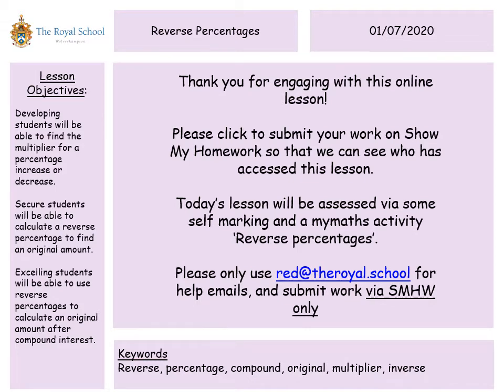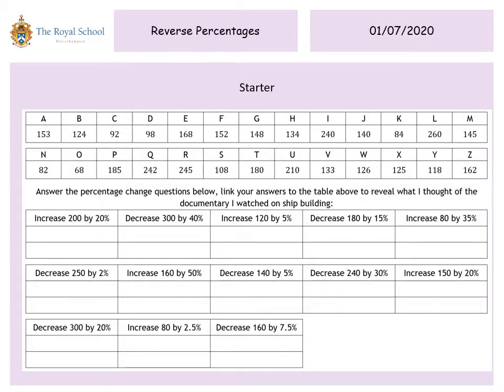So onto our starter activity. I've got a code breaker here for you, where if you can answer the questions in the boxes below them, then you can find on the little code breaker at the top a letter that's associated with that answer, and you will find the result to the horrible joke of what I thought about the documentary I watched on shipbuilding, and I do apologise in advance for the appalling jokes here. You can, if you've got room, just do this from the video, though I have attached this starter activity on to Show My Homework if you need to have a look or want to print one out. So if you'd like to pause the video until we've had to get the starter,